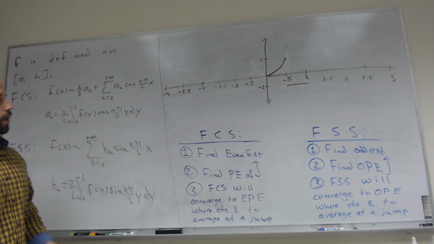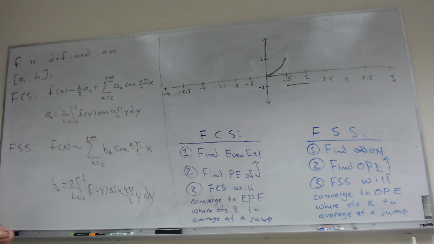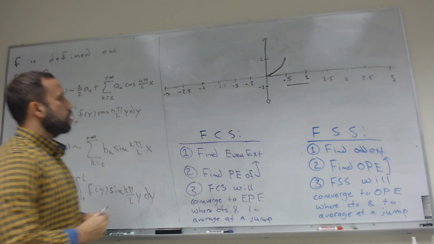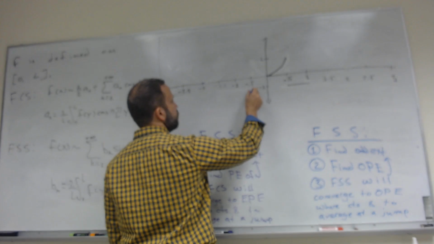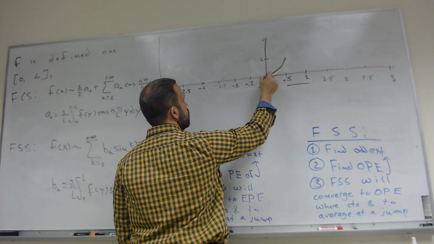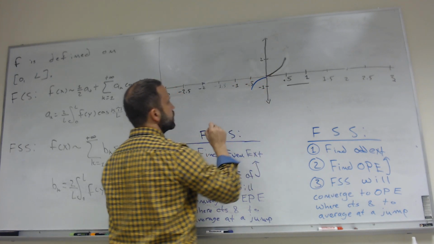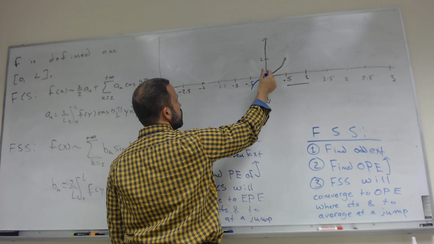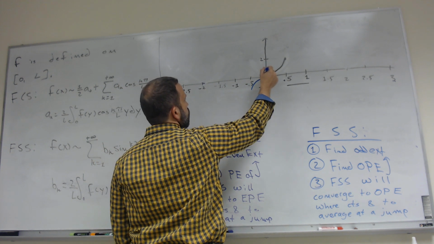Okay, so now we're going to do the Fourier sine series. Step one is we're going to find the odd extension. If I look from minus 0.5 to minus 1, the odd extension is going to look something like this. And then if I look from minus 0.5 to 1, so this is 1,